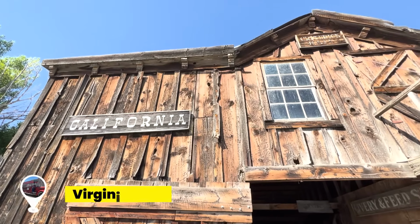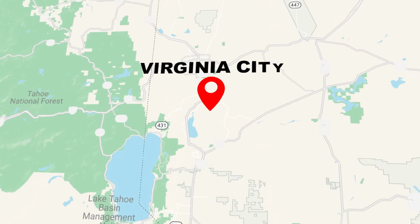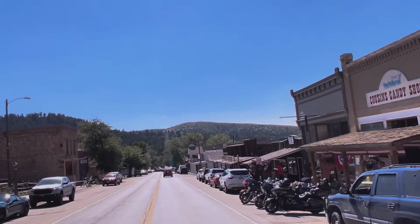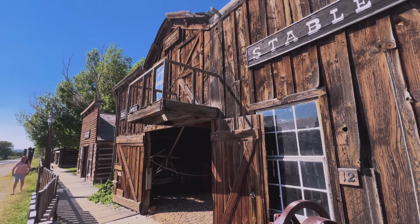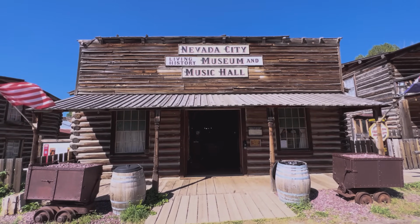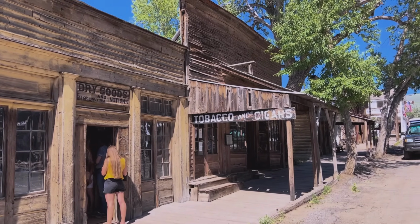Our next ghost town is in Montana, just an hour away from Yellowstone National Park. We visit Yellowstone every single year and we're always trying to do something new. But back in 2022, we decided to go to Virginia City, Montana, and I'm telling you, I'm kind of ticked that we just barely figured out to visit this place. It's a very authentic mining town, and what I love about it is that there are boardwalks along both sides of the road, and you can peek into several of the little stores, and they're recreations of what buildings would